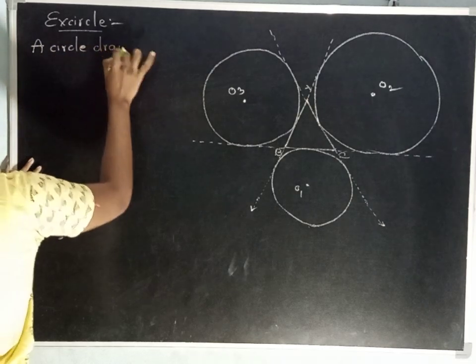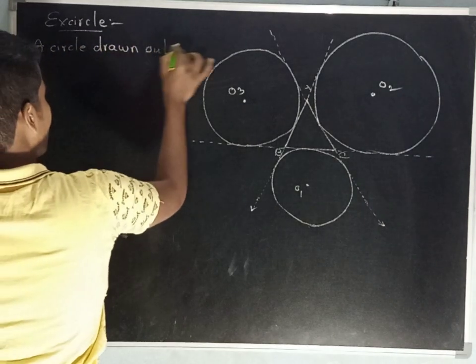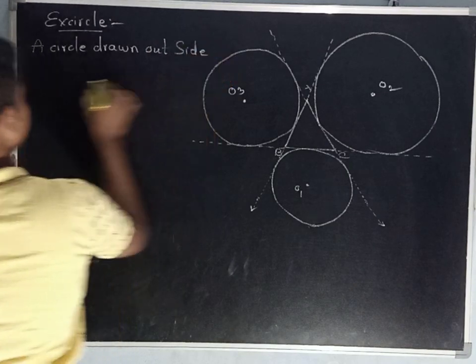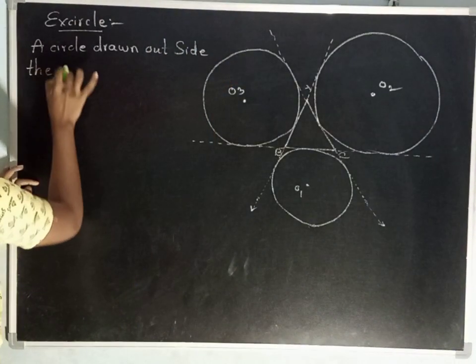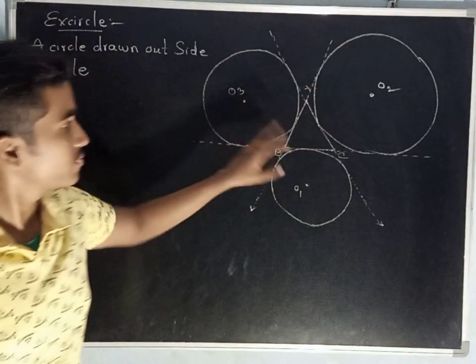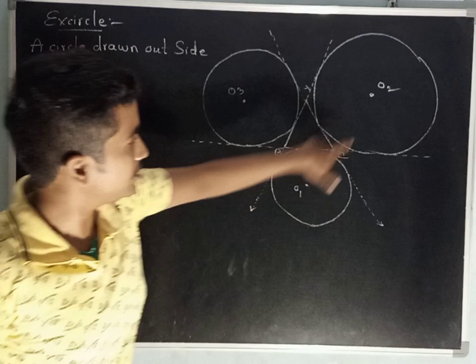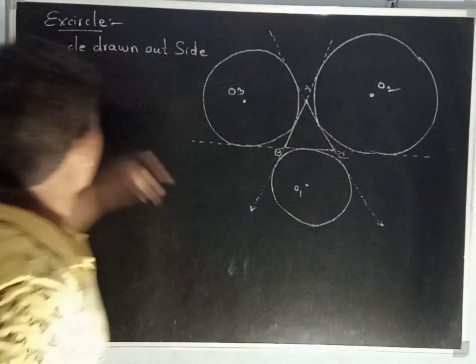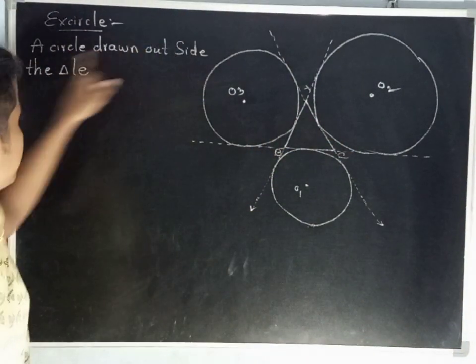A circle drawn outside the triangle. This is a triangle and three circles are drawn outside. A circle drawn outside the triangle